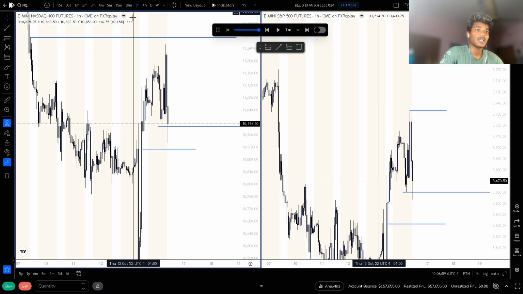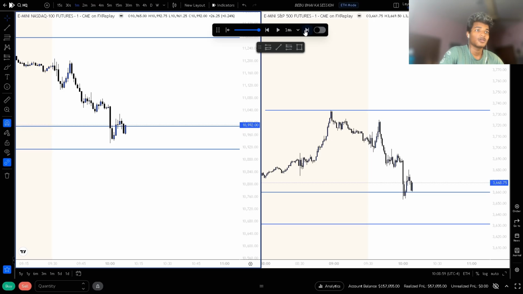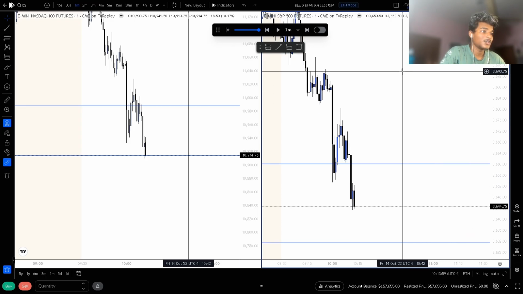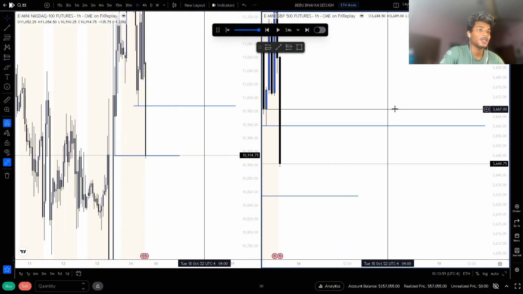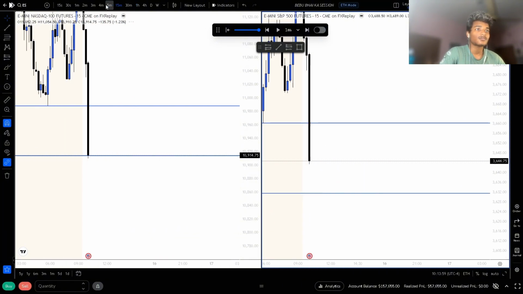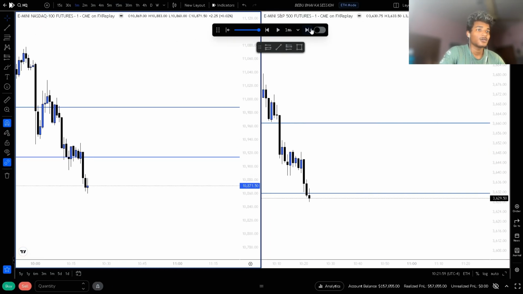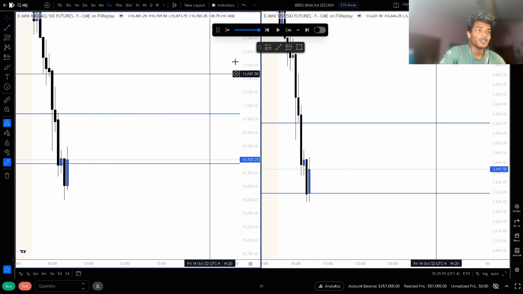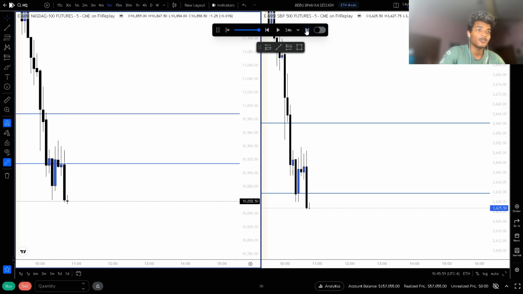So we did not even tap this hourly BPR and we are getting rejection. So we tap this gap and we have also bullish SMT with ES at this point of time. With what actually? Yes, with this BPR, and now I want to see some rejection, guys. So we see some rejection, but we're inside this 5-minute as well. We re-swept lower,